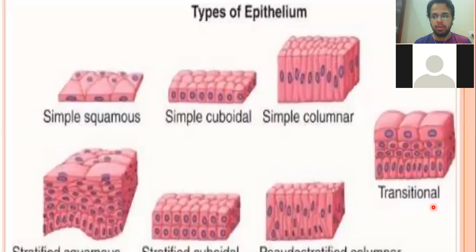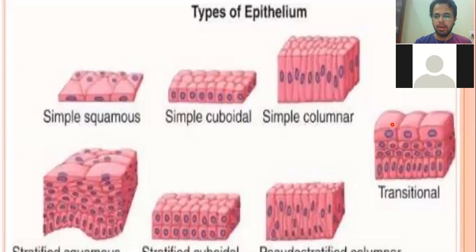So we have discussed many different types of epithelium. Number one, simple epithelium, which is made up of a single layer. Then stratified epithelium, which is made up of multiple layers. Then, depending upon the shape, simple squamous epithelium.